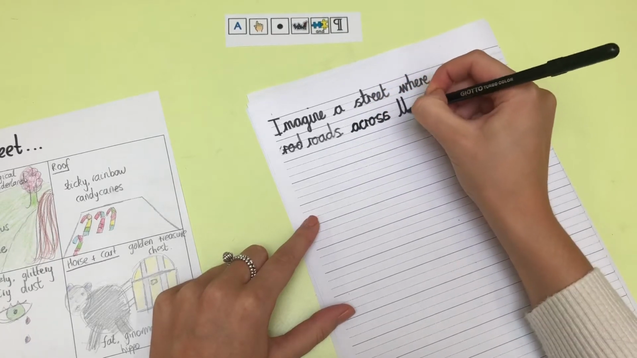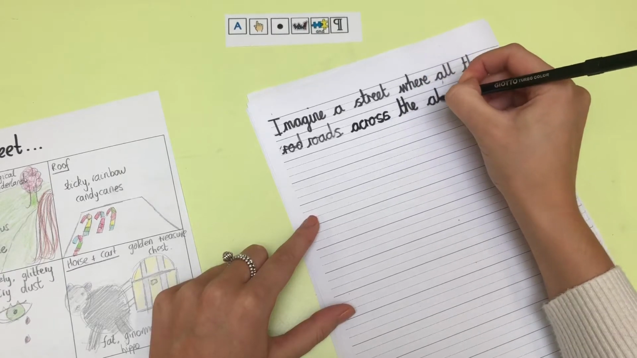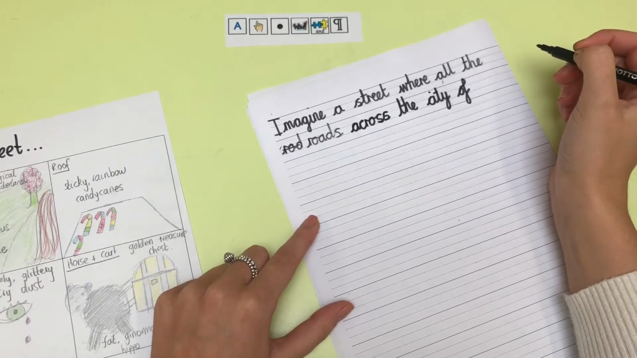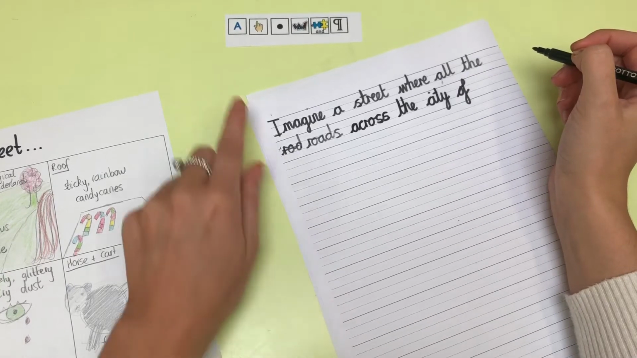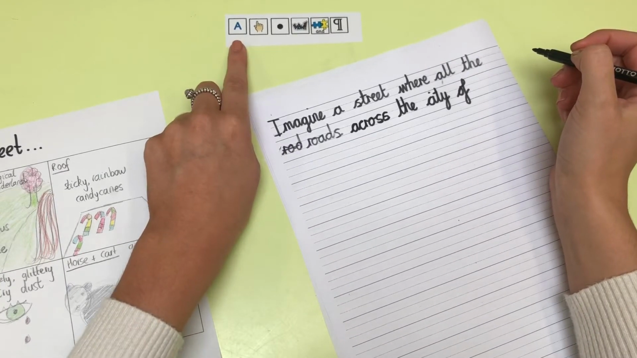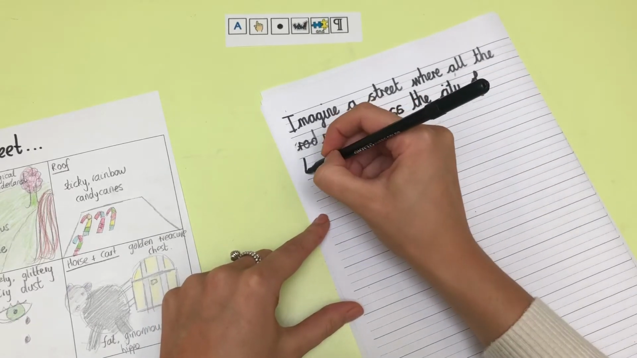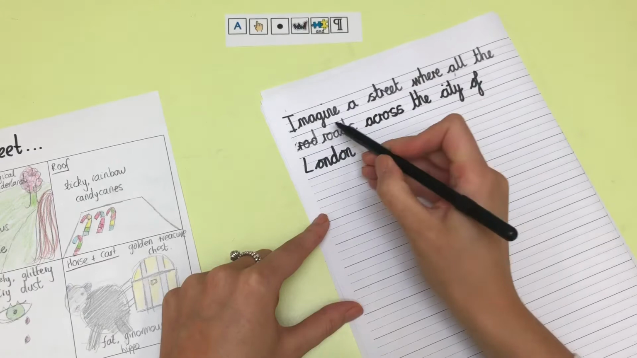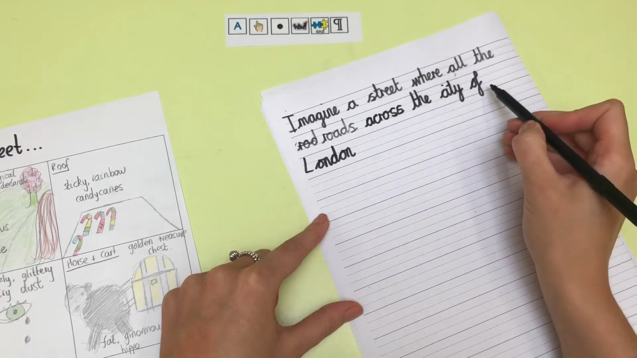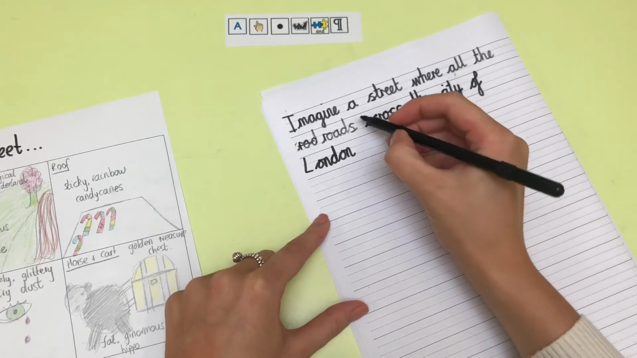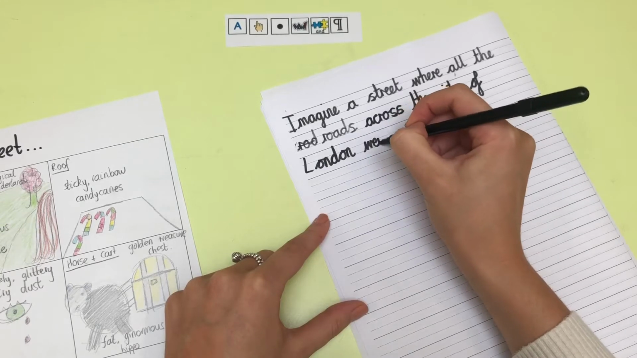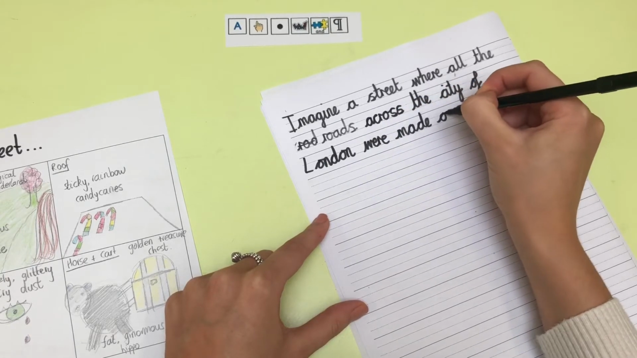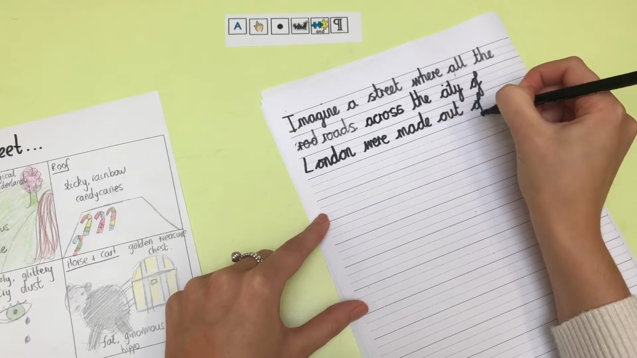across the city of London. I think I need a capital letter for London as well, because that is a proper noun. Imagine a street where all the roads across the city of London were made out of